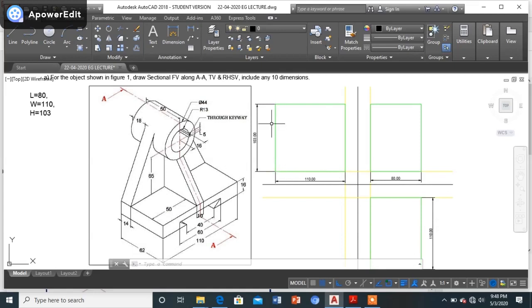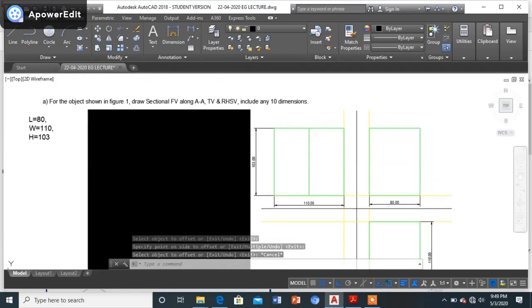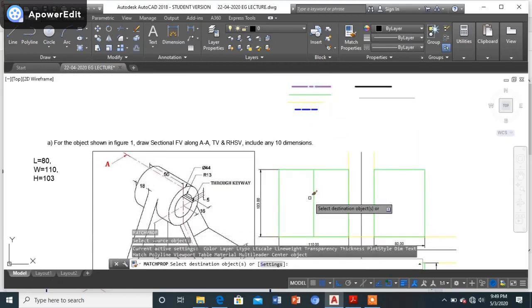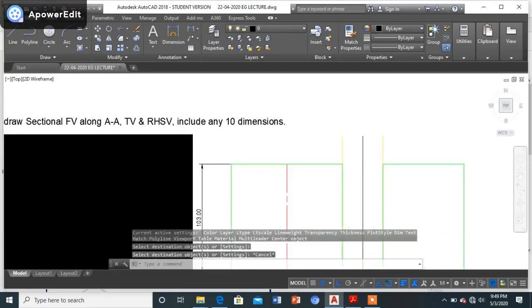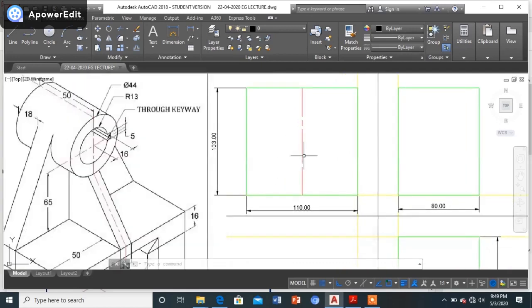Now we are starting with the RHS view directly. So now what do? I'll be drawing a line at a distance of 55 mm from the extreme ends. So from here at a distance of 55 mm I have drawn it. Now since it's a symmetrical view, I'll be matching it directly with the center line like this, and further I would simply like to make this up. Okay. So now let us start and proceed with this.